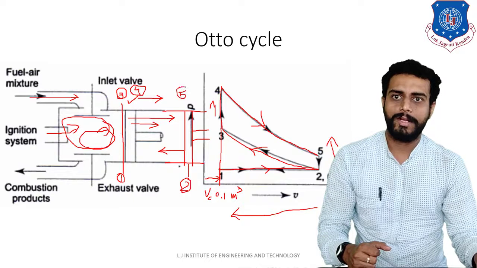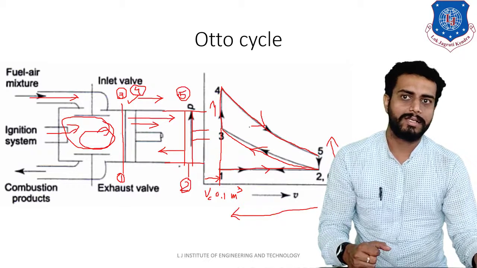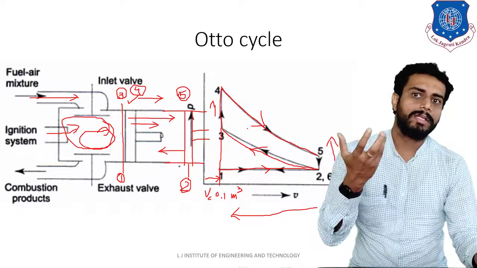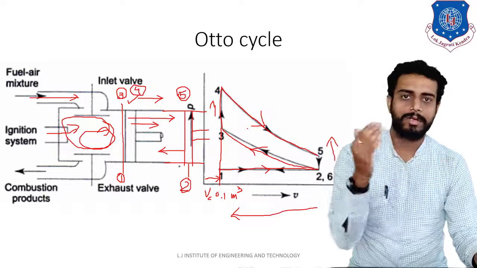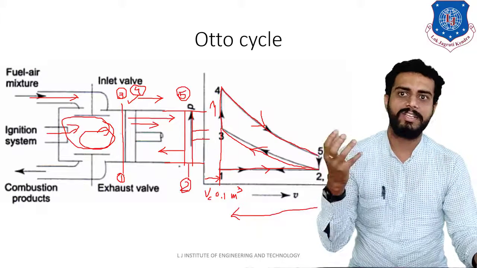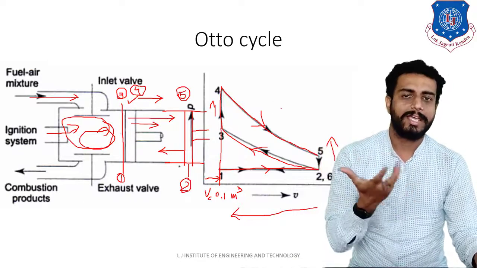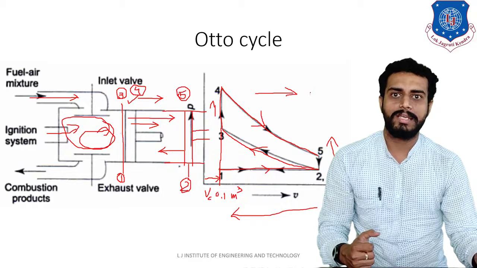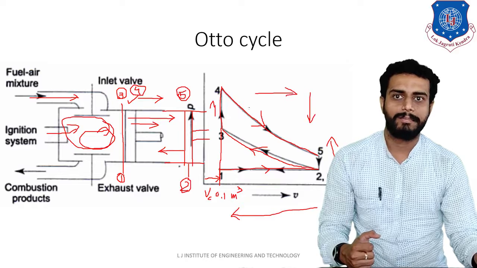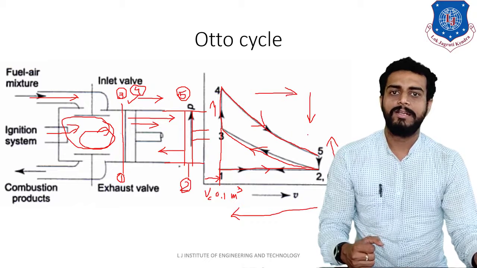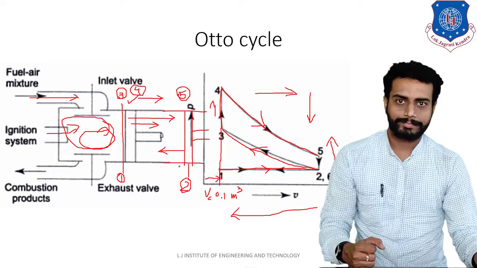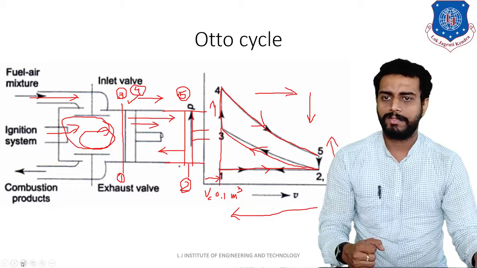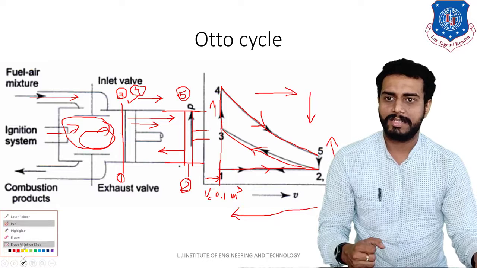Again, from point 5, the piston will reach the outer dead center, as you can see. If you do the expansion or power stroke, then obviously the volume will increase and the pressure will decrease. So you can see that from process 4 to 5, the volume is increasing and the pressure is decreasing, because pressure is on the y-axis. Now from 5 to 1, what will happen? Let us observe that. First, let me remove the unnecessary terms.